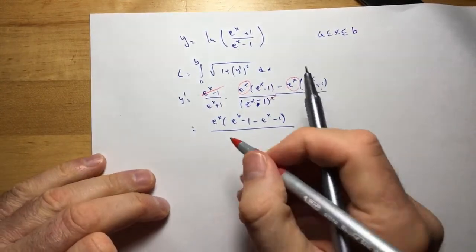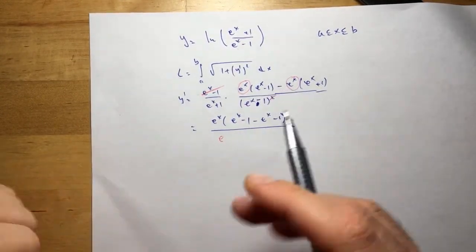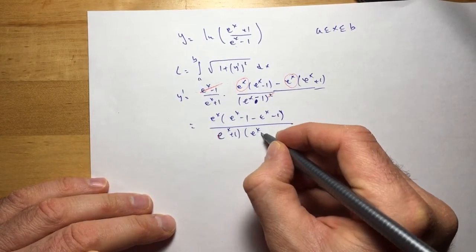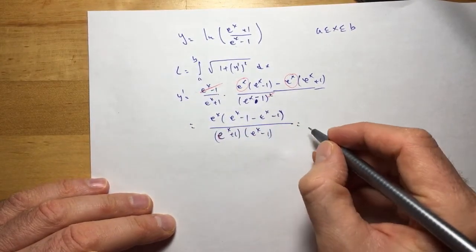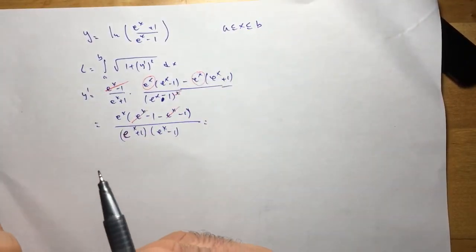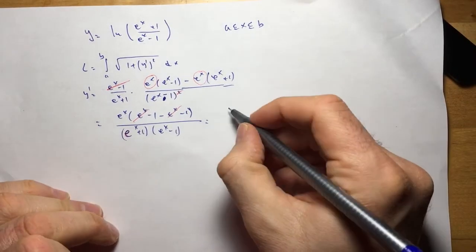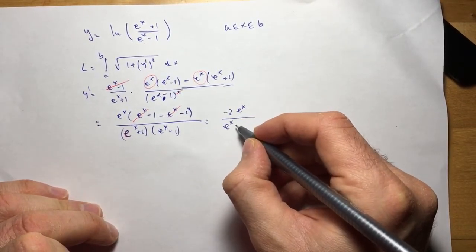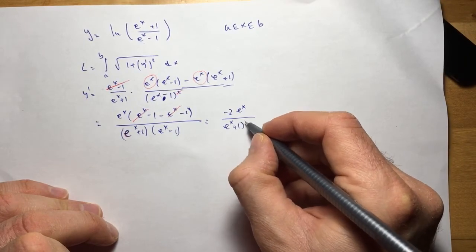And in the denominator I have (e^x + 1) times (e^x - 1), okay? This leads me to, these two are out, so I have negative 2e^x over